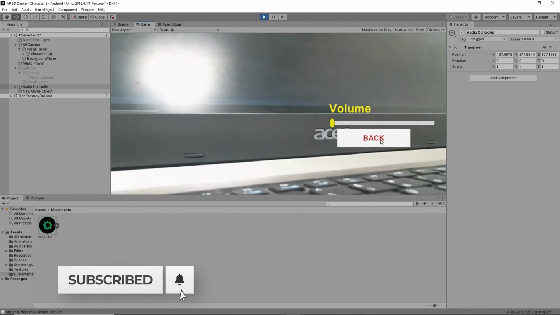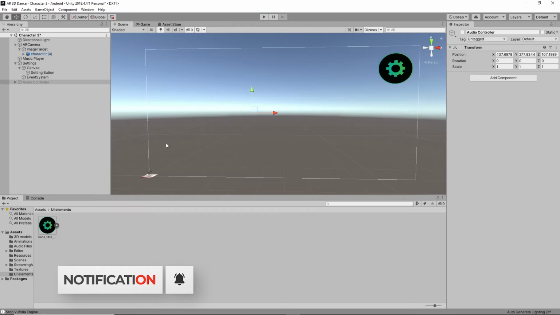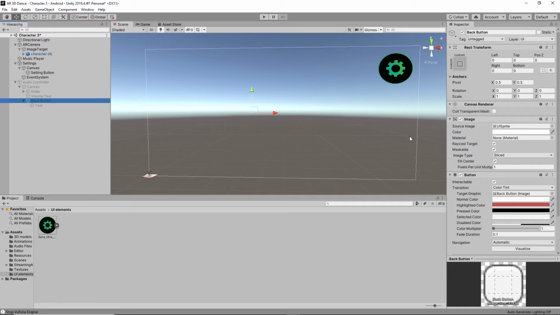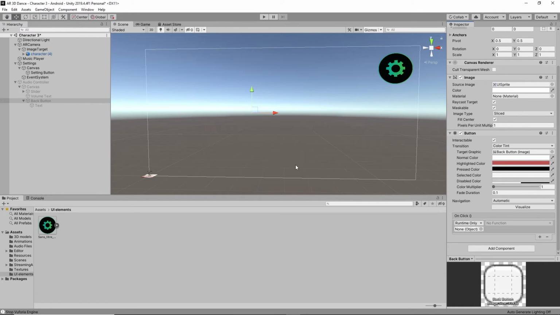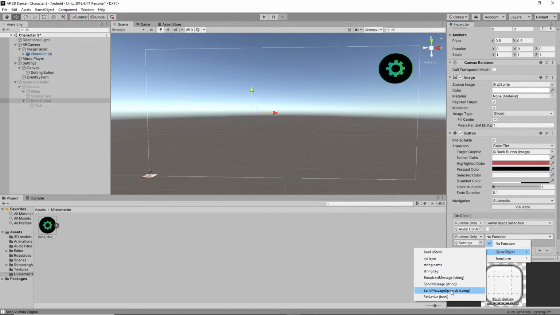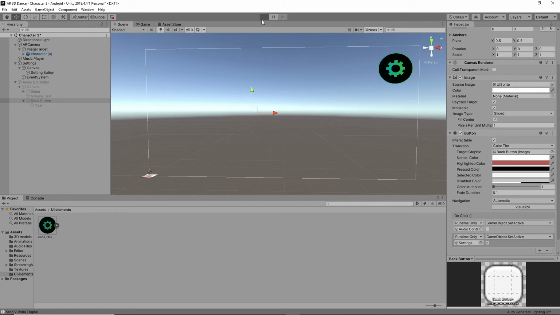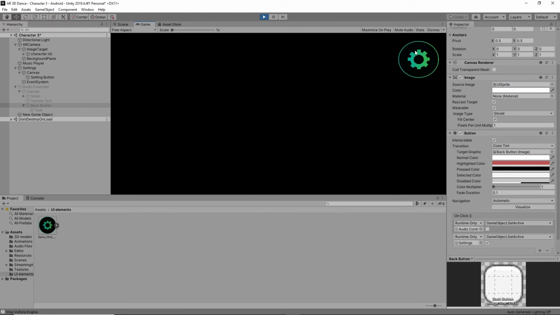Yeah, it was coming. And if I click on back, I didn't give the functionality for the back button, right? So I'm going to give the back button functionality. What you have to do is, when the audio controller is disabled by GameObject SetActive, this music settings option has to enable. Before adding this, you have to click on the plus icon. You have to add like this, and go to GameObject SetActive bool. You have to enable this. Now we have given the button functionality. Now the button will work good.